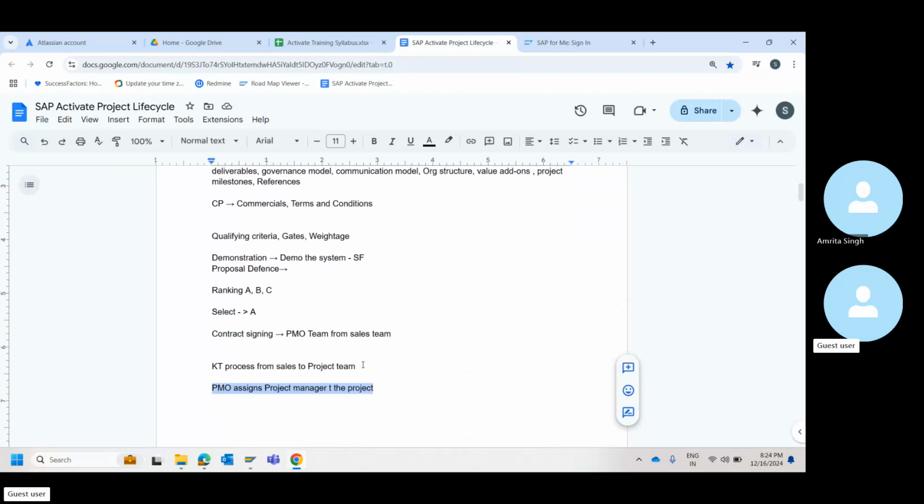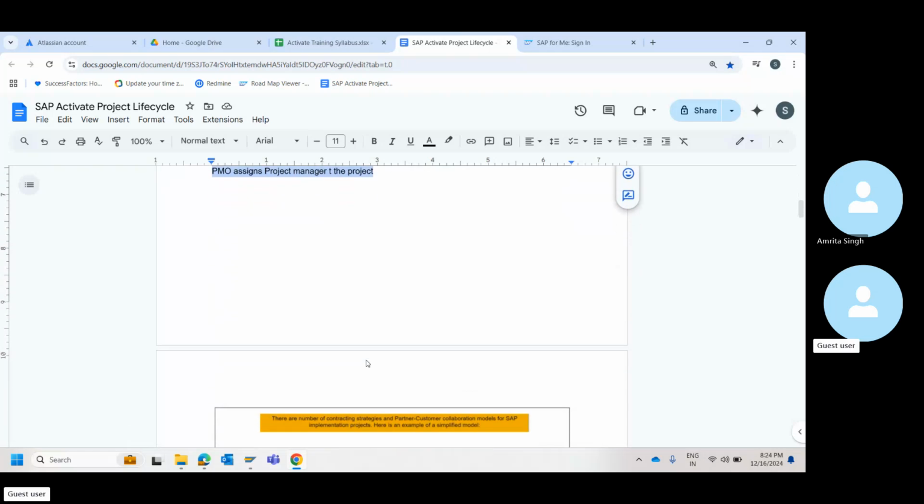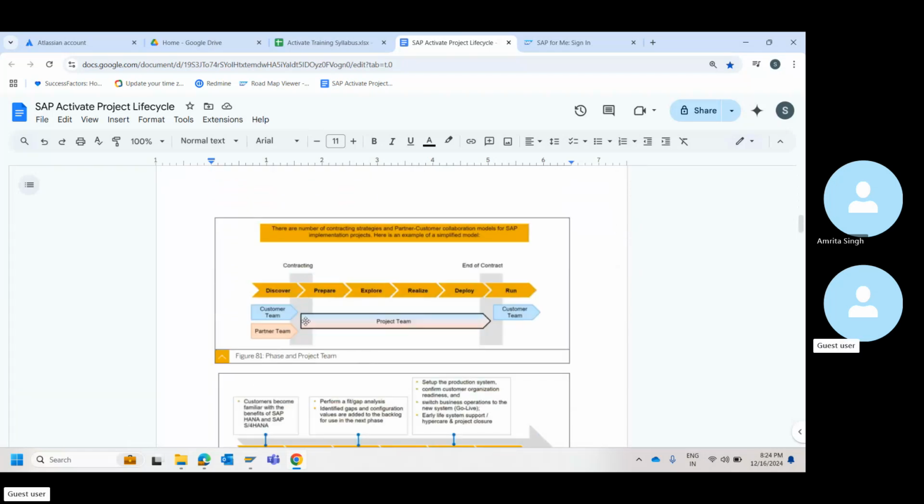You will kick off the project and start dealing with the daily activities required to move the project further. After this, if you see, there is customer team, there is partner team. Partner is nothing but us, the vendor. Customer is the one to whom you're going to implement. After this, during the prepare, explore, realize, deploy phases, you're going to have the project team itself.